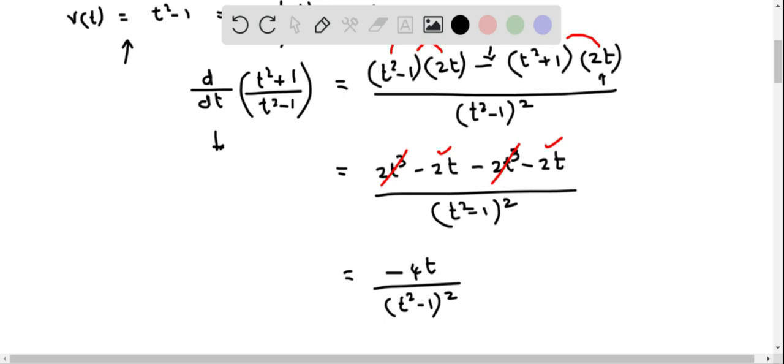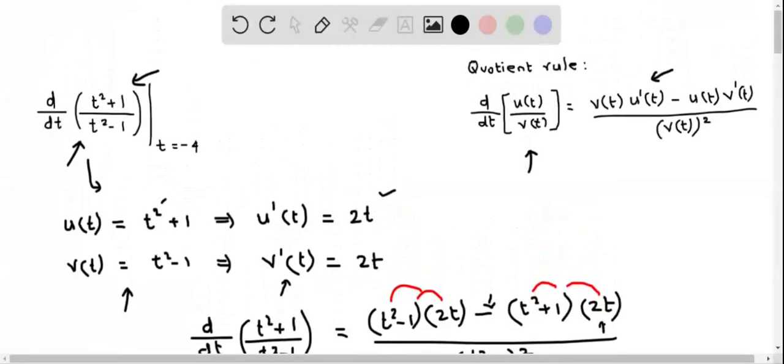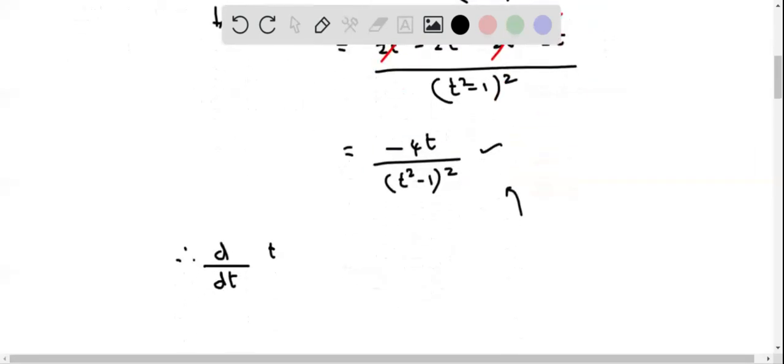Now we have determined the derivative of this rational expression, which is negative 4t over (t squared minus 1) quantity squared. Now we want to find this derivative evaluated at t equals negative 4. So we just have to plug in t equal to negative 4 into this expression. So we can write down the derivative d by dt of the expression (t squared plus 1)